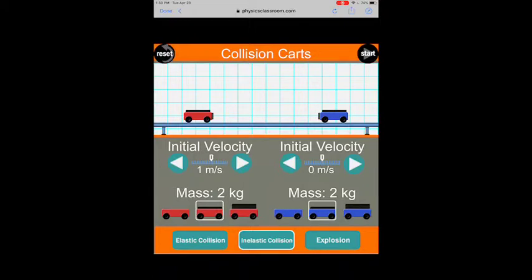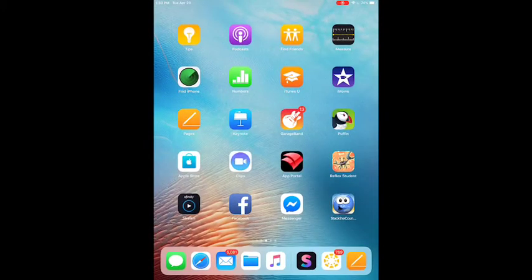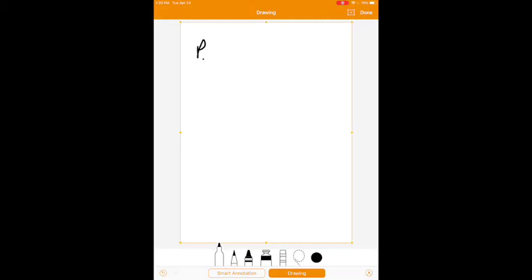So remember, total momentum is the momentum of both these carts added together. We can go over here. All right, so we want the momentum of red. Remember, it had a mass of 2. It was moving at +1. So it's going to have a momentum of 2, and the units are kilogram meters per second. The momentum of the blue,